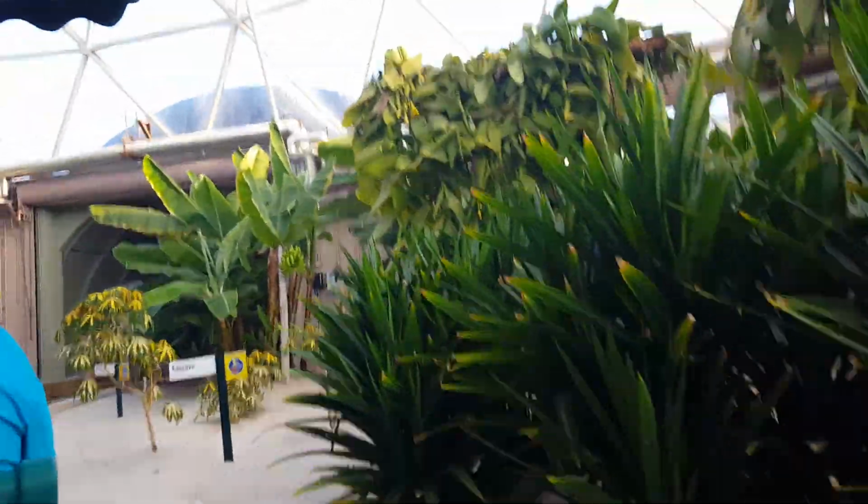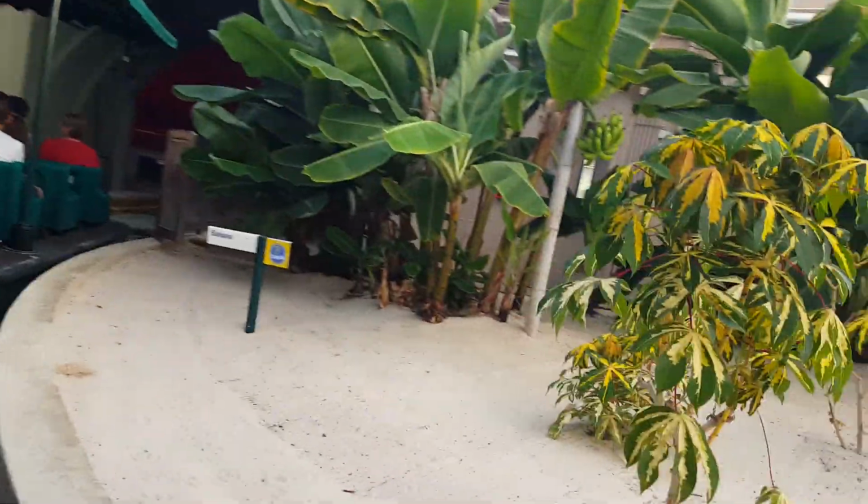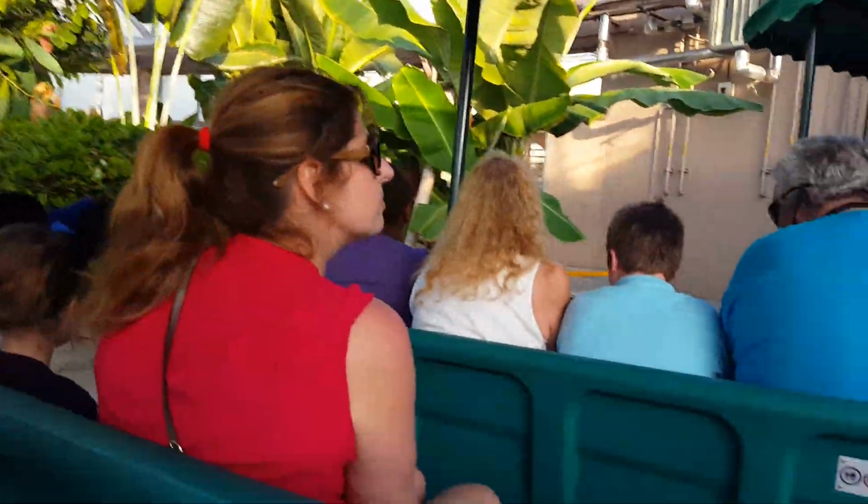One day, many of these lesser-known tropical plants may be as important as the bananas growing on both sides of the boat. More than 28 million tons of bananas are eaten annually, making it the most popular